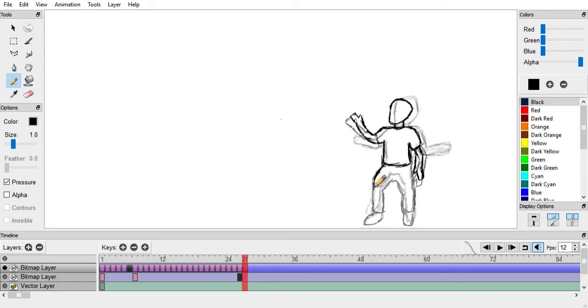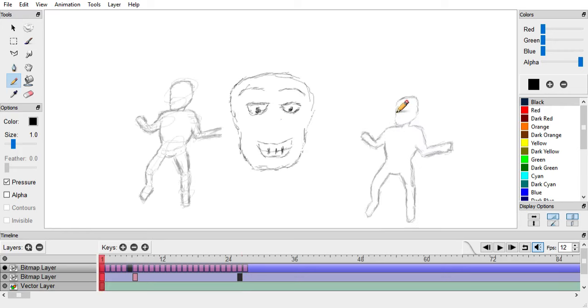I'm going to sit back and relax a little bit with this one now. I might thicken up the pen again. Thicker pen, less times going over the line. And most of this body here, I'm keeping the same. I'm just making this guy wave a little bit. With the thicker pencil, if I screw up, it'll be more noticeable when I go off the lines. But when I'm speeding it up and playing the animation, you won't notice the lines going off as much because it's happening too fast for you to notice.